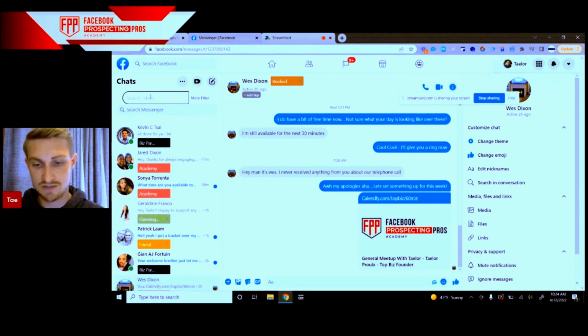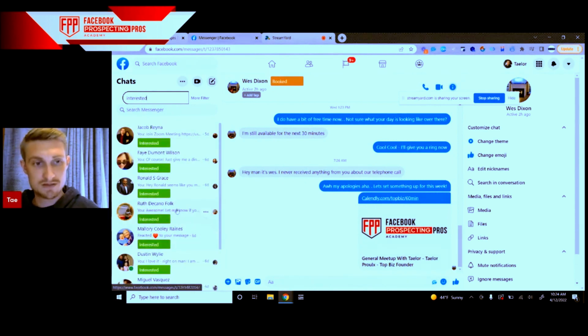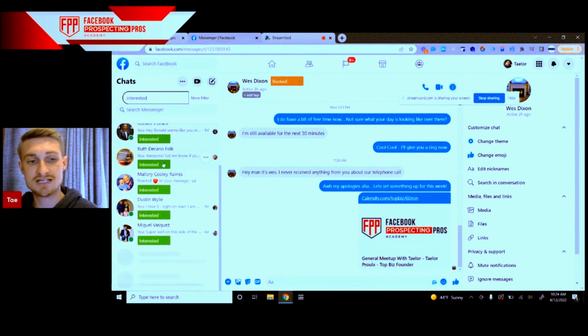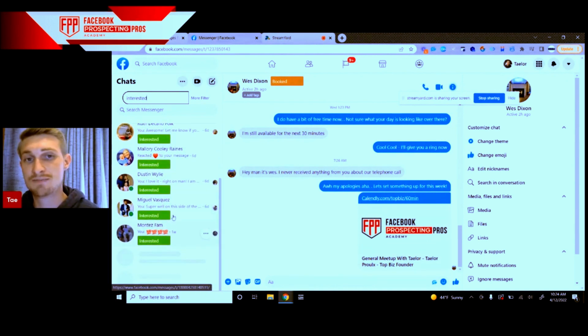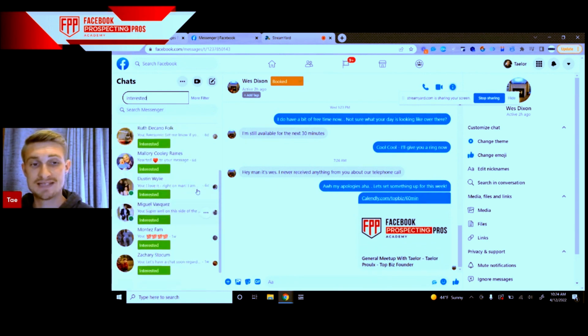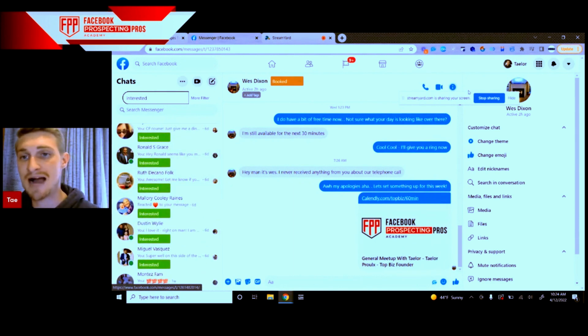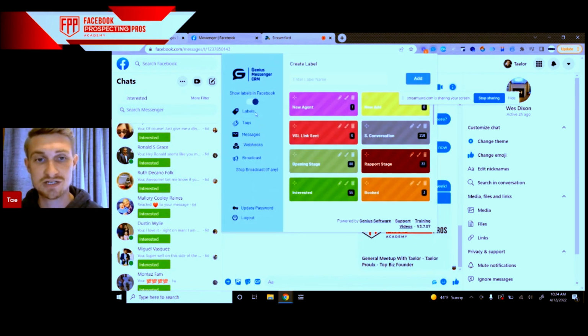I can even search. Say I want to search all of my interested people. Interested. Check this out. I can now pull up the exact labels from all of my interested people that I've labeled. Boom, here they are. Everyone who is interested or showing interest, I can easily pull them up and find them again in my messenger. That way I'm not scrolling through, because I know how tedious that can be. This is going to allow you to really keep track and keep a pipeline directly inside of your Facebook Messenger. And if we go to labels,